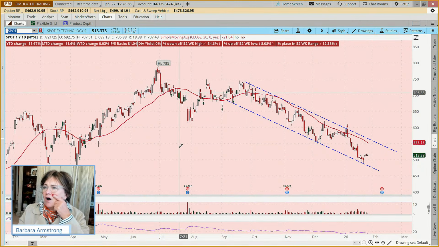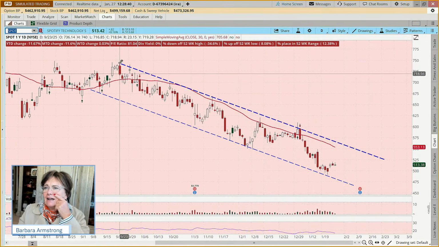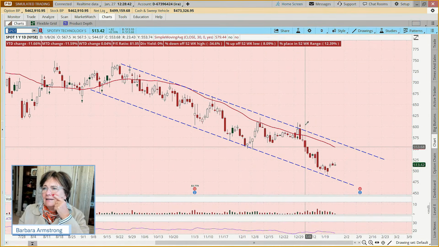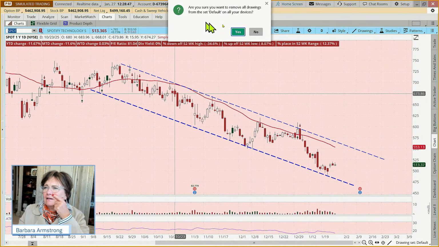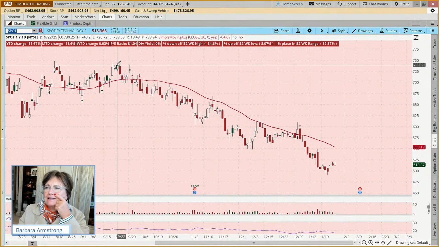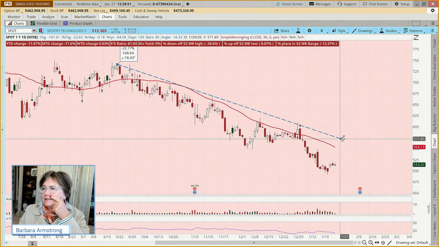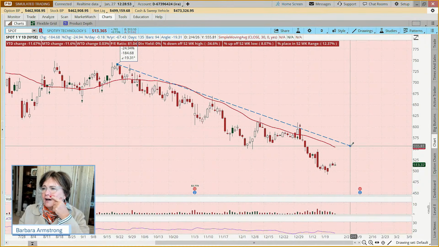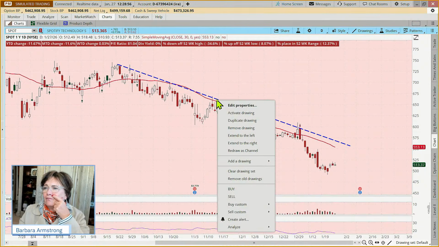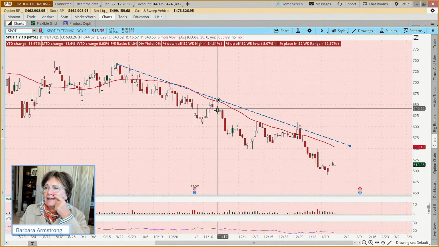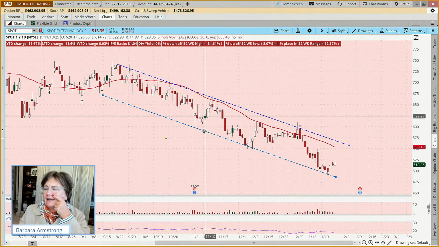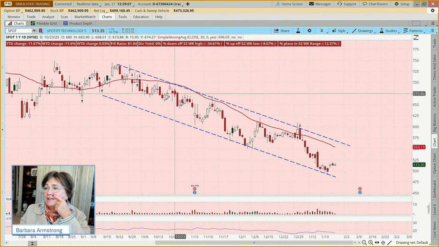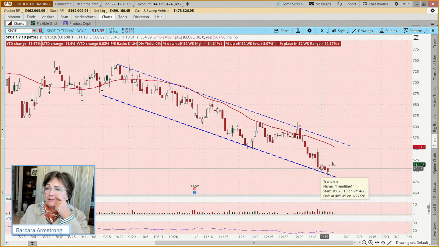What if we look at Spotify? And again, I just kind of drew this line. Let me just show you how I do that. Not that you guys need help drawing lines, but you just draw your line and then you come up here and right click and duplicate it and then grab it and bring it down. And you're just trying to touch as many as you can. And so it's been trading in this downward range.